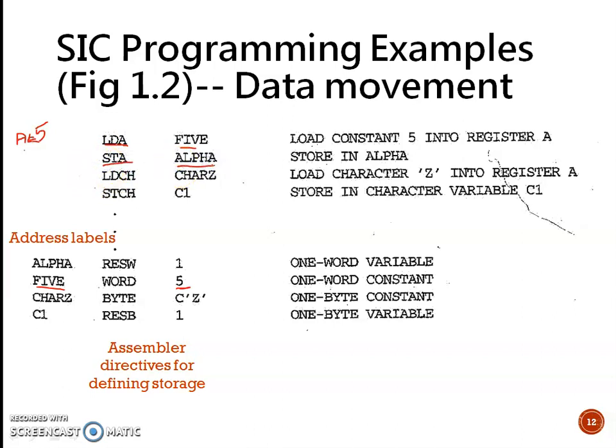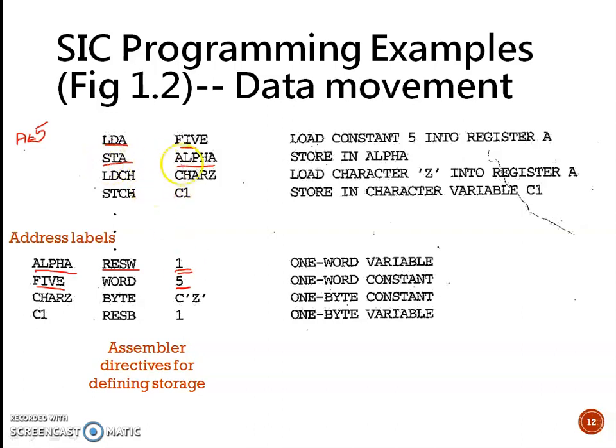It means that alpha is a variable or some memory location which is reserved for storing a one word variable. One word variable means here 1 is mentioned, therefore it is called a one word variable, which means it can store 3 bytes of information.